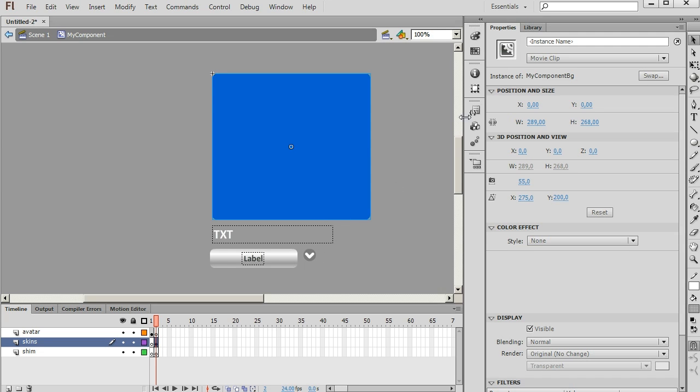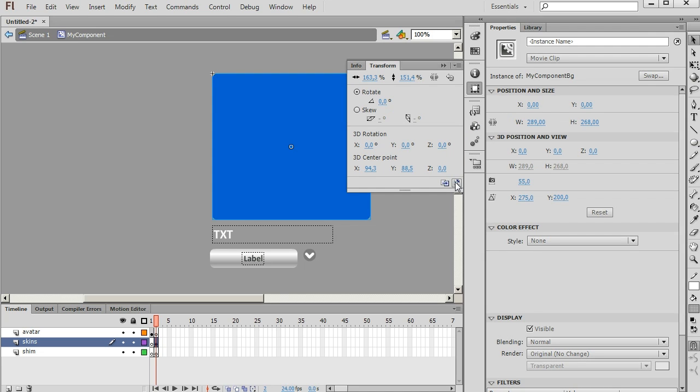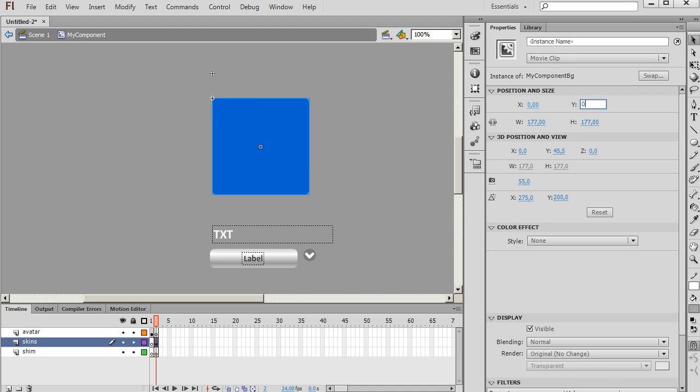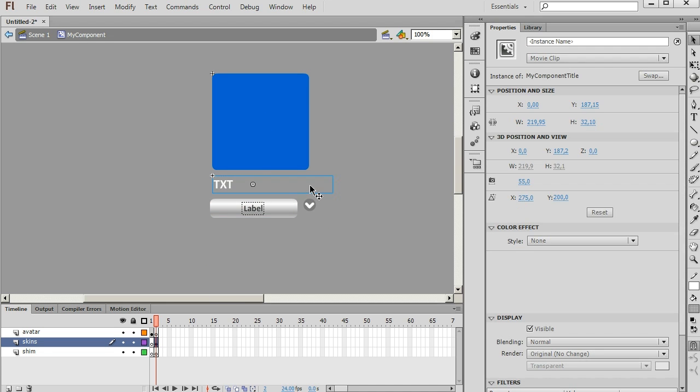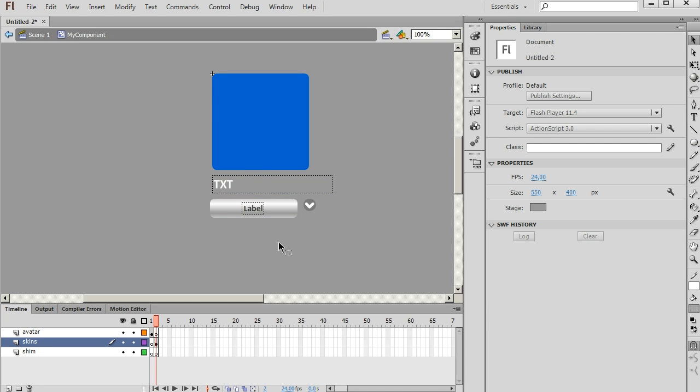Okay, let's put this back to 100%. Control T. This one, and put it here. Let's put this up here. I think we have everything we need. Let's save the component now